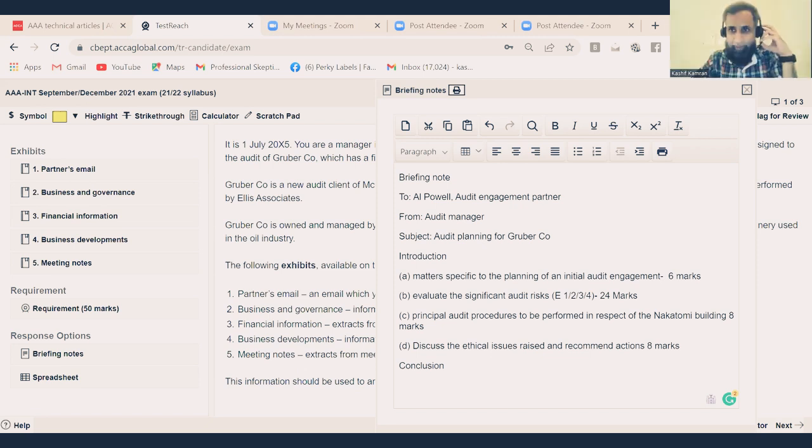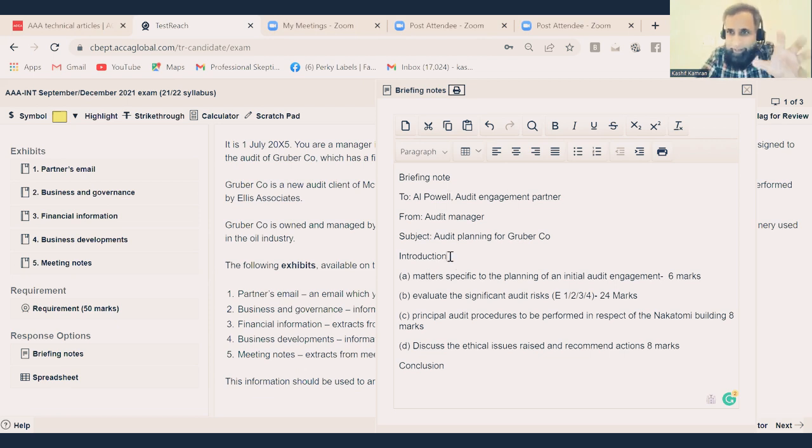Okay, so all of you are clear, right? So that means we can proceed further. Now, step 2. Now we have closed the partner email. We know what exactly is to be done in the partner email. No more need of the partner email, right? Now let's go first. Introduction.